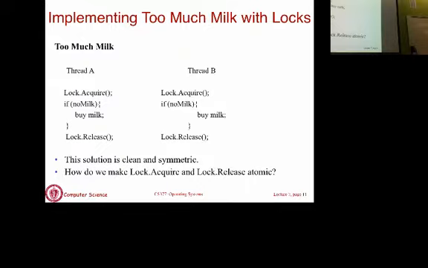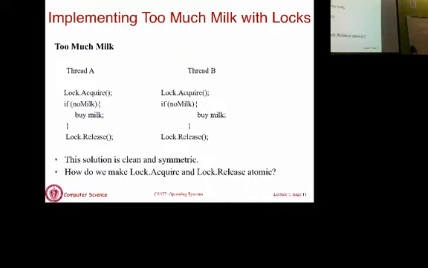So this lock property is guaranteeing to you that the critical section can only be executed by one function. Okay, that means that only one entity can check whether there is milk, and if there isn't, go buy milk. No other entity can even do anything. So that should immediately tell you that nothing bad can happen. Okay, you will not have too much milk. You cannot have two entities executing that critical section at once by definition of a lock. Okay, is that clear?